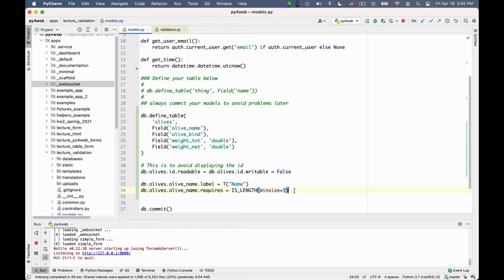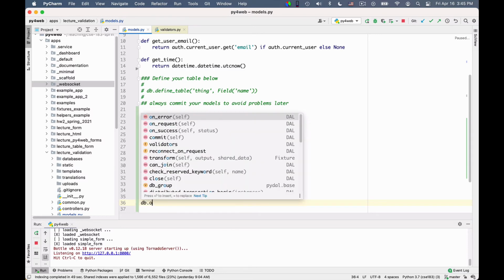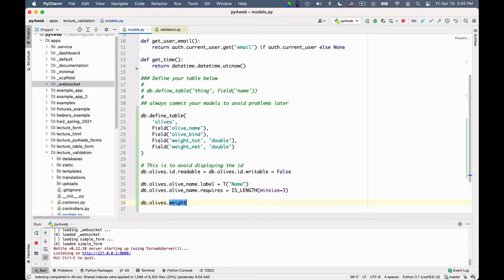Great, so this takes care of the name. Now I want to say that the gross weight, I want to call it weight gross, and I want to make sure that it is between 0 and 1,000 grams, so between 0 and a kilo. So I can say db olives weight total label.